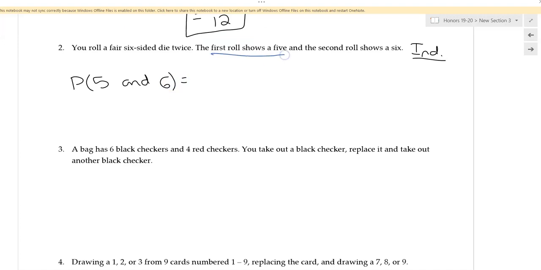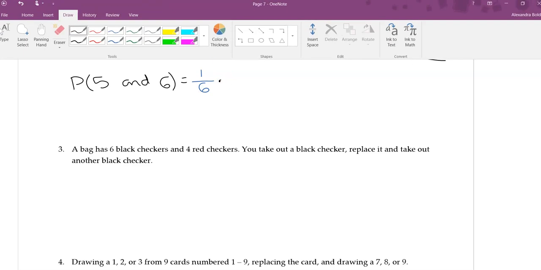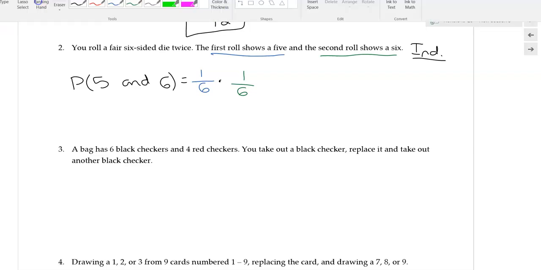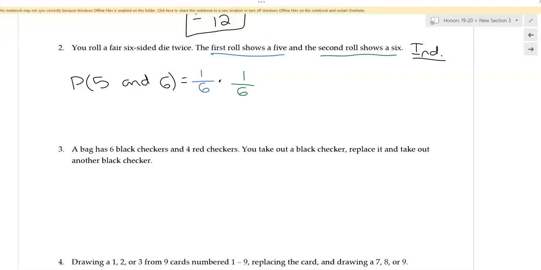First was 5. Well, on a die, there is 1 five out of 6 options. And on a die, there's 1 six out of the 6 options. Again, with dice, the biggest mistake I get anytime there's a question with dice on a quiz or a test is people want to put, oh, in getting a 5, it's 5 out of 6. Okay? And even when I explain it, they're like, yeah, that's silly, and then we still do it on quizzes and tests. So just be very careful with dice. Oh, sorry. So then when I multiply these together, 1/6 times 1/6,